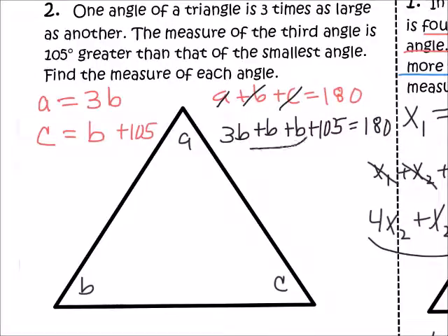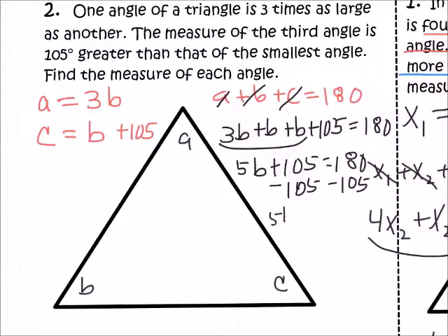Again, we're going to combine like terms. We have 5B plus 105 equals 180. We subtract 105 from both sides, and so we have 5B equals 75. When we divide by 5 on both sides, we're still trying to isolate B. We get B equals